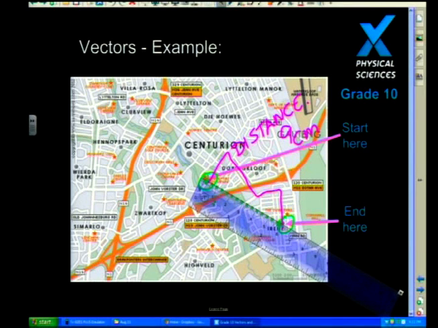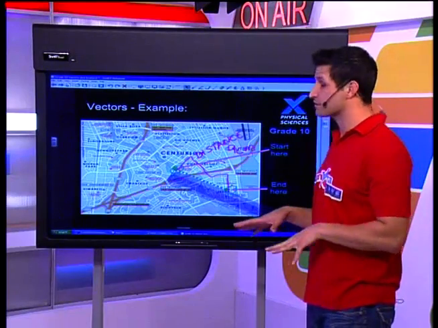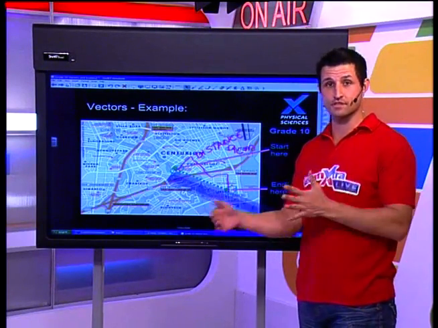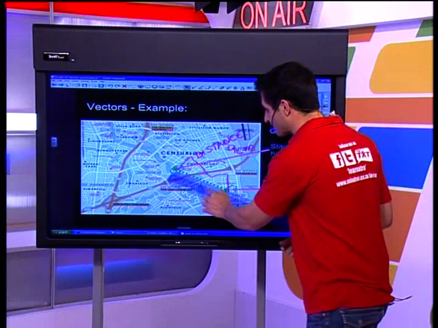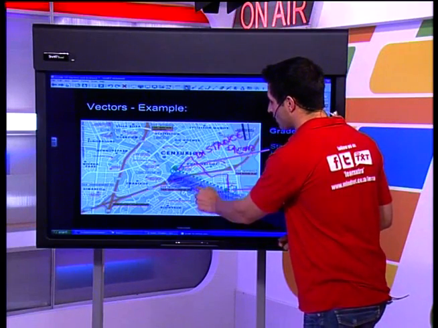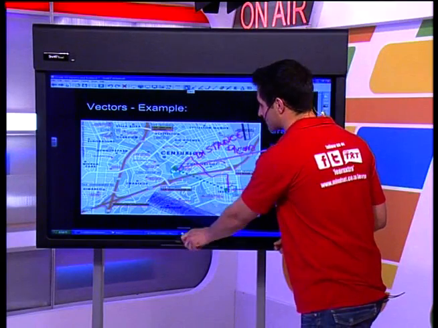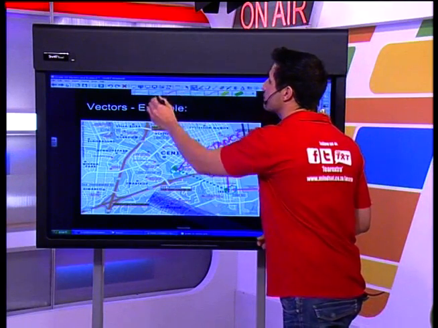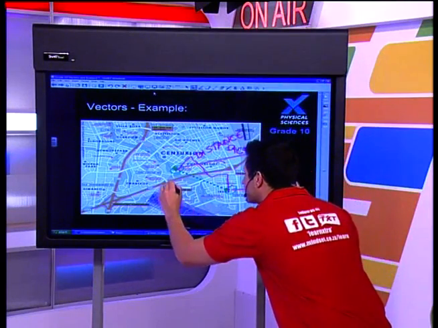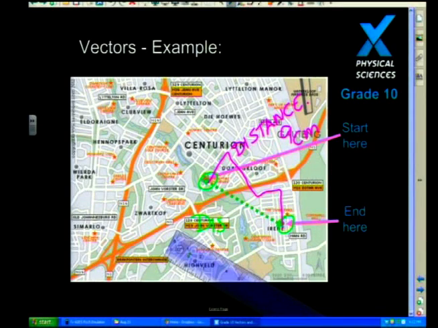Sometimes there's an expression in English that says, as the crow flies. So if you were a bird, could you fly this route? Absolutely. You don't have to stick to the roads. So what I'm saying over here is that my displacement on here is 6 centimeters. So let's write that in with a green pen so that you know what I'm talking about. And here is my displacement. So there's quite a big difference between displacement and distance.